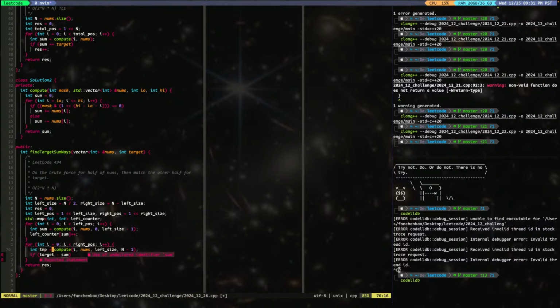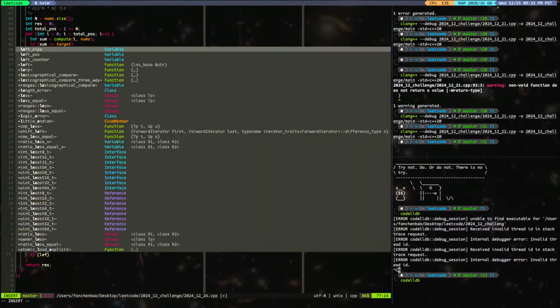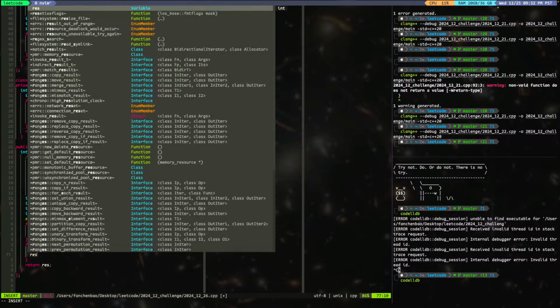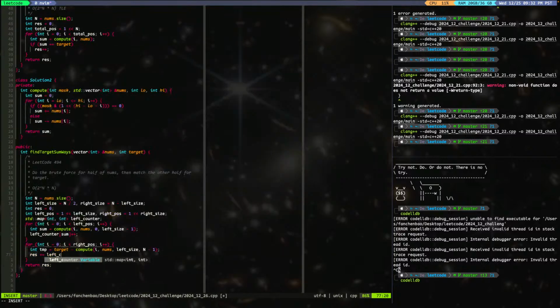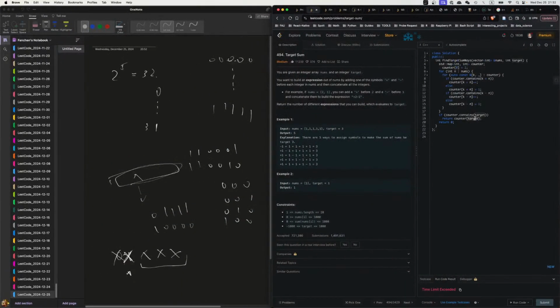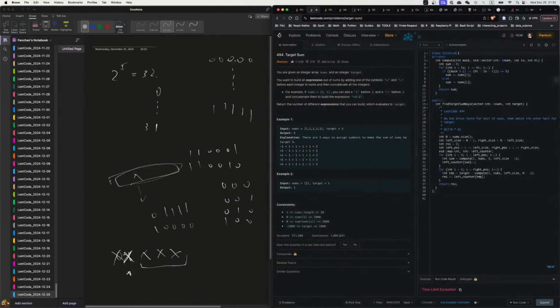Right, temp shall equal to target minus this. So if left counter, I can just say res plus equal to left counter temp. Alright, no matter how many it is. Okay. Let's try this. Alright, if this doesn't work, then I am going to